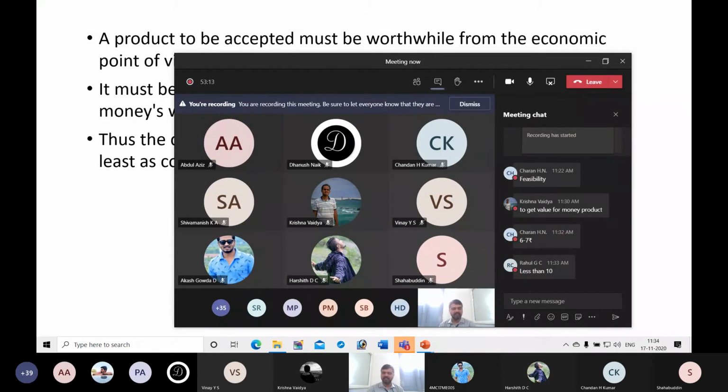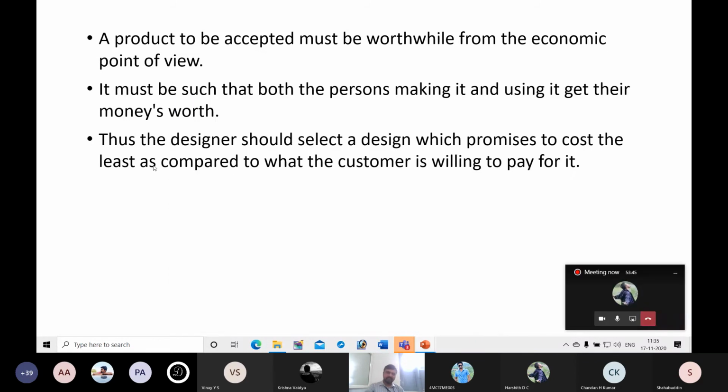If you want to sell some product for 10 rupees, your manufacturing cost must be at minimum 1/3 of the price. If you are selling it for 9 rupees, minimum the manufacturing cost should be 3 rupees. If you want more profit, instead of 3 rupees, you must be able to make it for 1. So you are producing at 1 rupee and selling it at 10 rupees if you want more profit. At least it should be 1/3. So that's why you have to consider that aspect also.